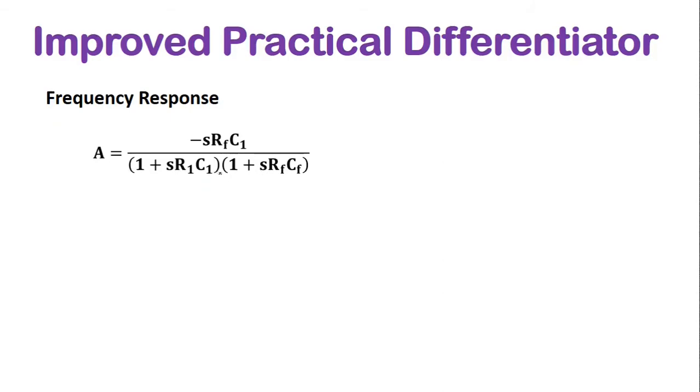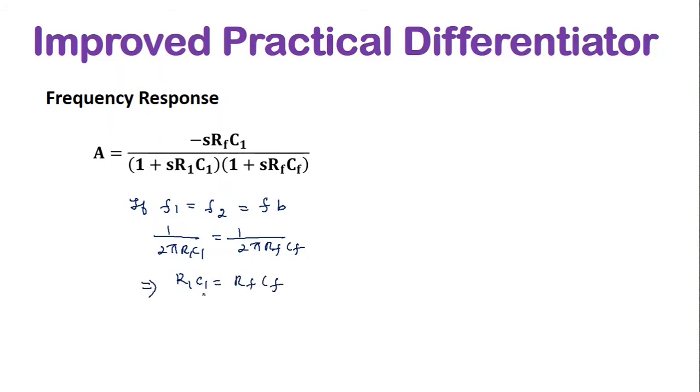Now again we will take this equation. Now we assume this frequency f1 is equal to f2 is equal to fb. That means 1 upon 2 pi R1 C1 is equal to 1 upon 2 pi RF into CF. So from this equation we will get R1 C1 is equal to RF into CF. That means we can take fb is equal to 1 upon 2 pi R1 into C1. Okay, so when we put R1 C1 is equal to RF CF,